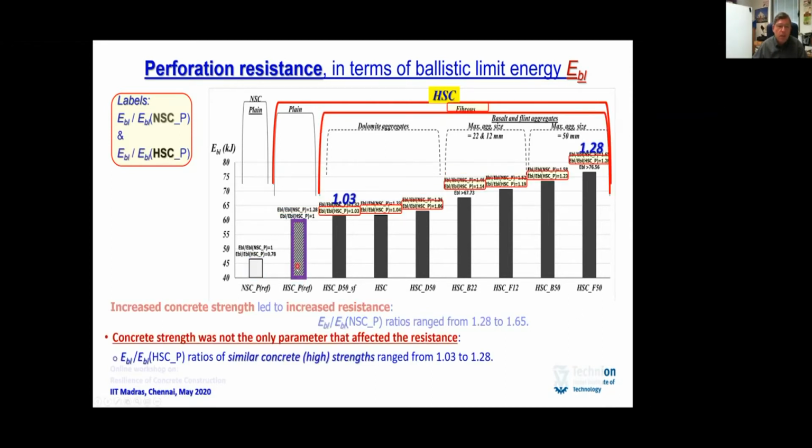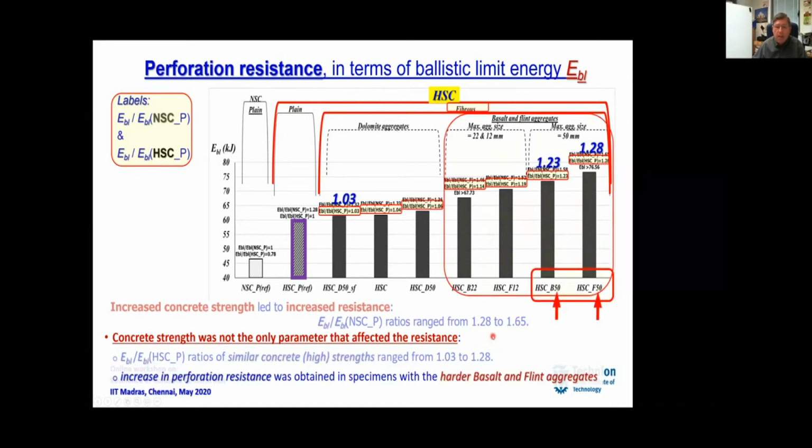And here's the other control specimen made of high strength concrete without fibers, and you can see that all the other specimens which had similar concrete strength had increased resistance from 3 to almost 30% with respect to this specimen, where we had an increase in the resistance to perforation by the specimens that included the harder basalt and flint aggregates that are indicated by the letters B and F. And the highest resistance was obtained with these aggregates in specimens that included aggregates with relatively large sizes, 50 millimeters,